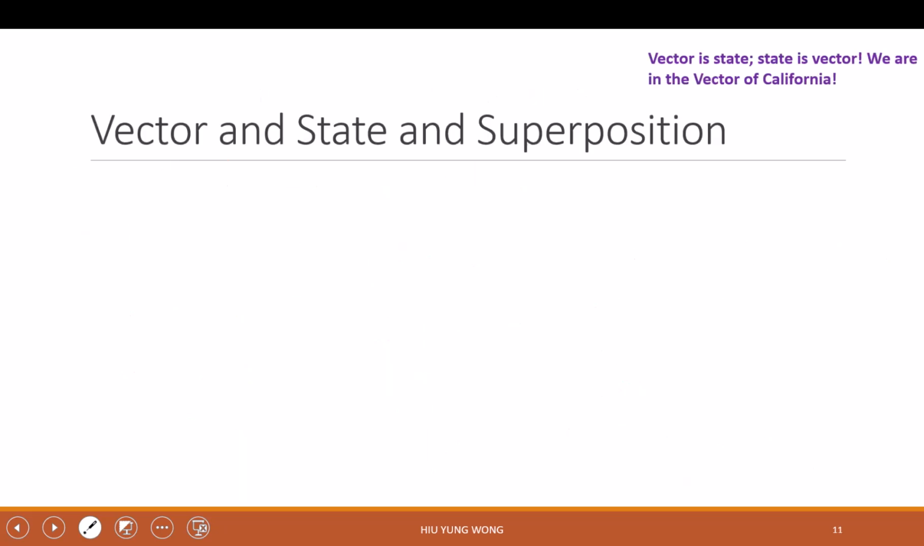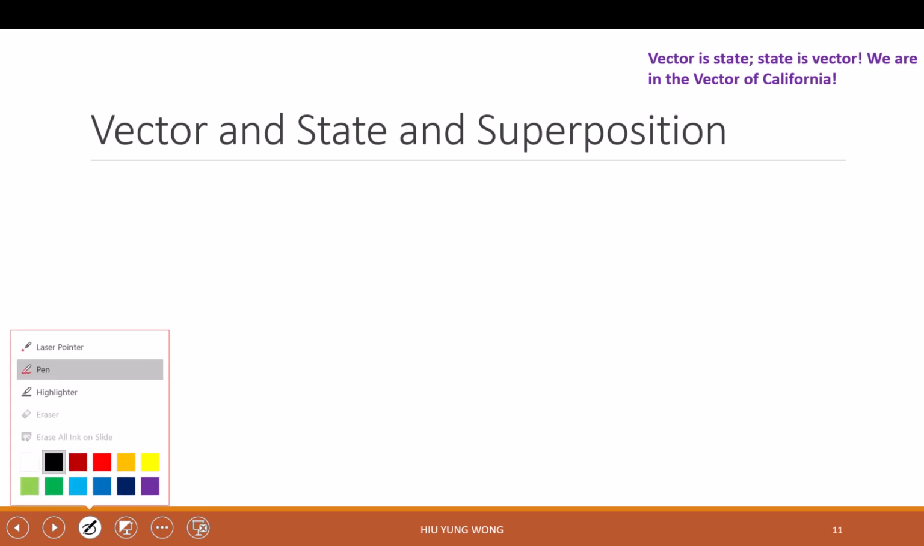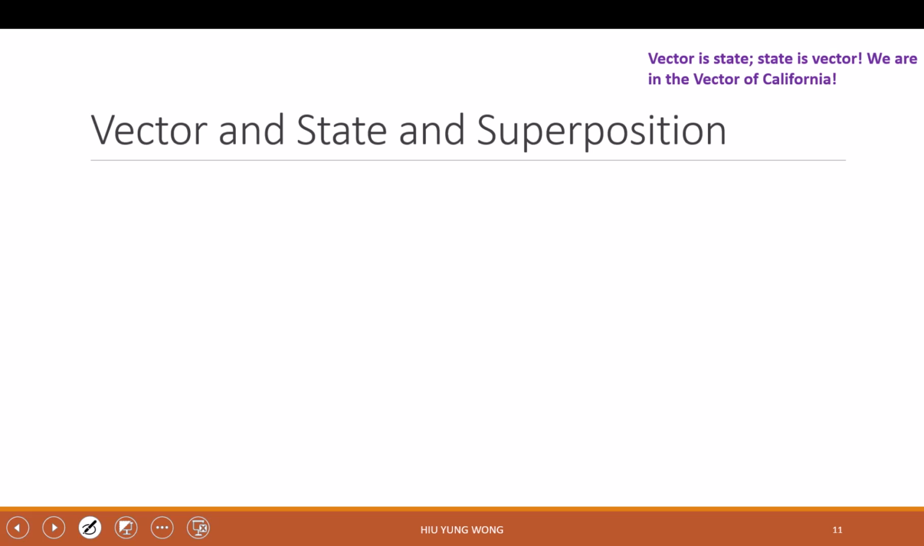So at this stage, then we will go to another thing, which is the vector state and superposition. Okay. This is pretty short, but this is something very important, okay? Why do we talk about vectors? We're talking about quantum computing. Why do we care about vector space? That is because in physics,